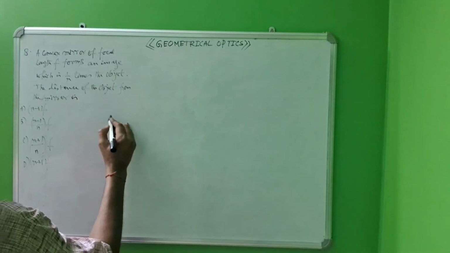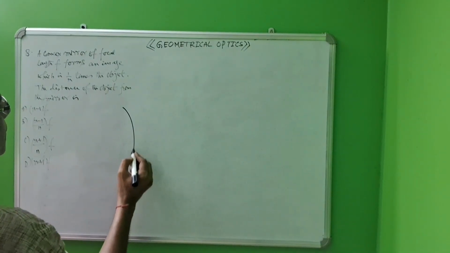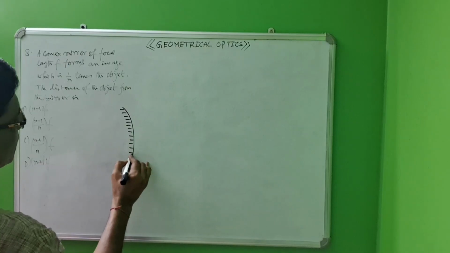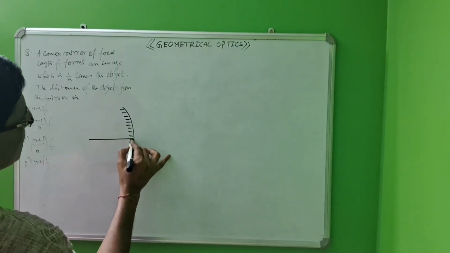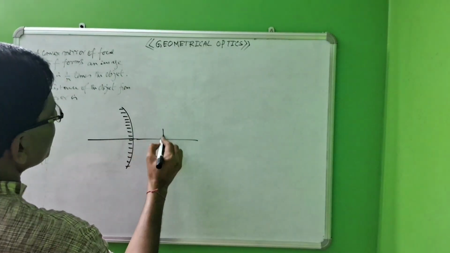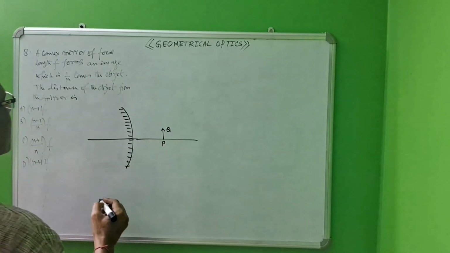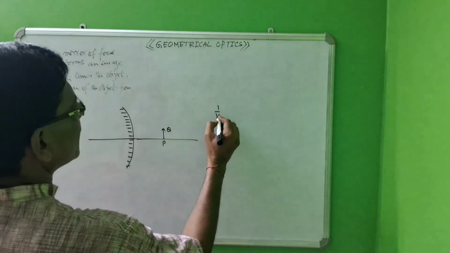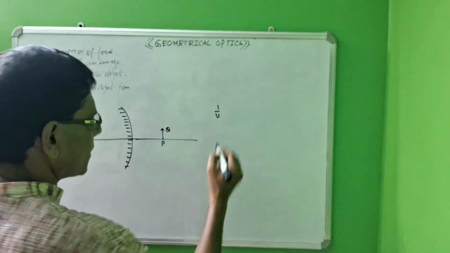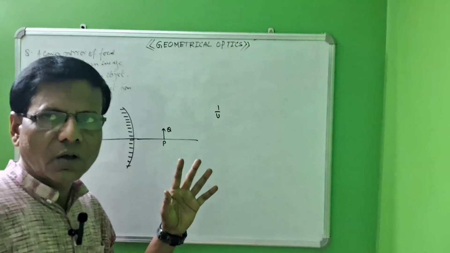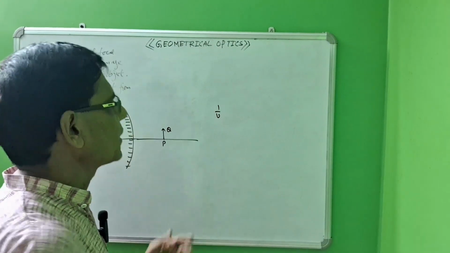Suppose this is a convex mirror, and the body is present here, PQ is the body. The general equation for a spherical mirror is